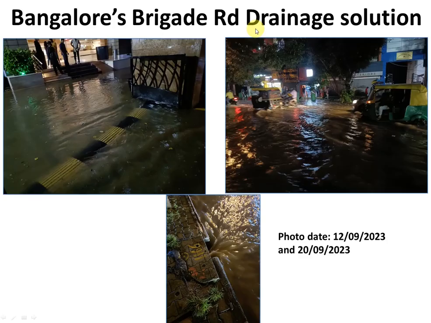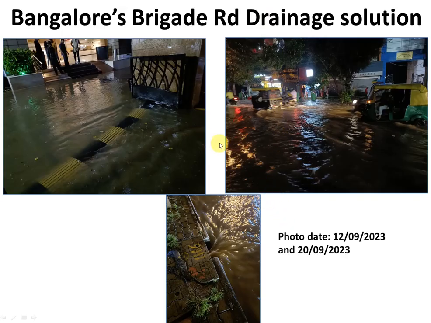So in this video I have brought you a case study example of a local sag point in a road section and how it affects the localized flooding in surrounding areas. This example is for Bengaluru's Brigade Road area, where there is a local road sag point and no proper drainage systems are installed, so it keeps getting flooded even for